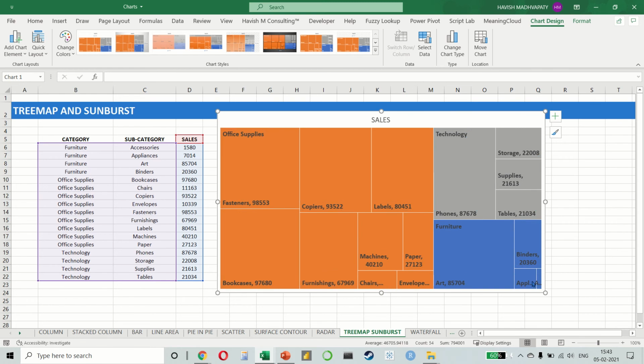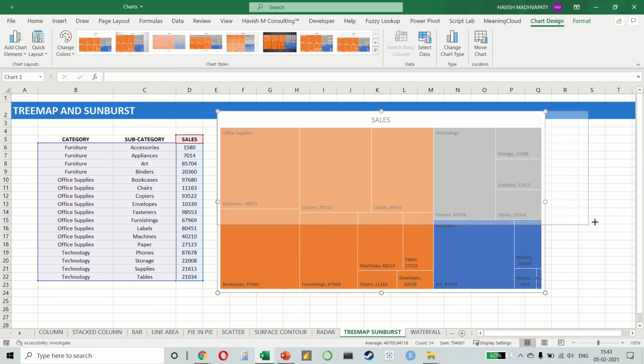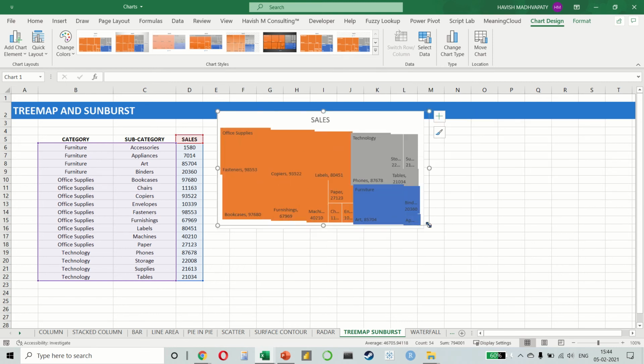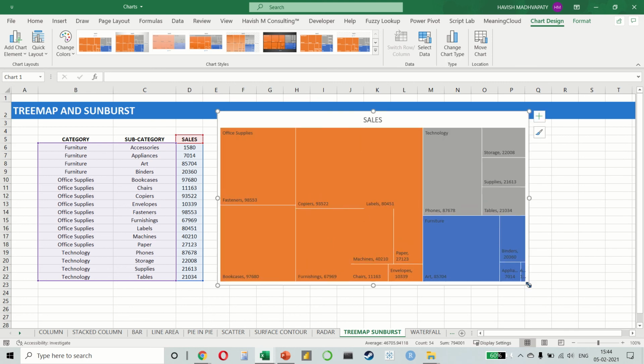This looks great. And this is dynamic, which means that if you change it to a different dimension, the blocks also change automatically. Do remember that in Excel, there is a limit of 2 levels. You can't show more than 2 levels, even though in other tools like Tableau and Power BI, you can have multiple levels.